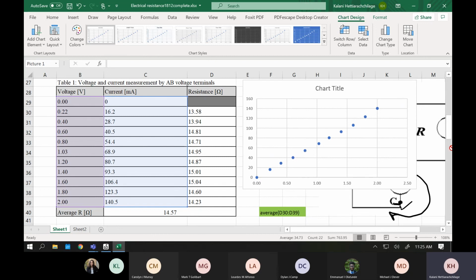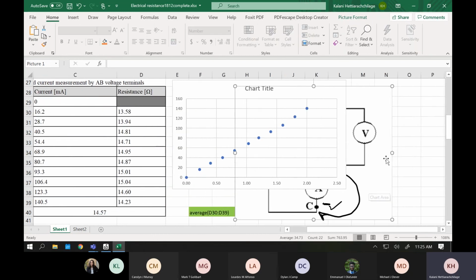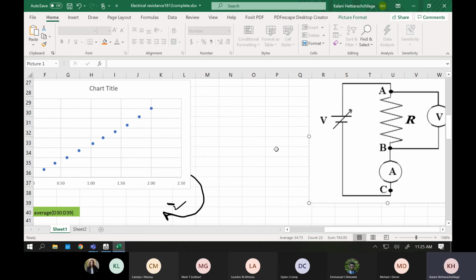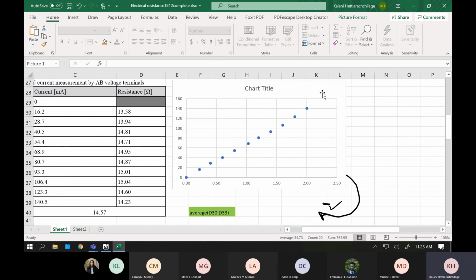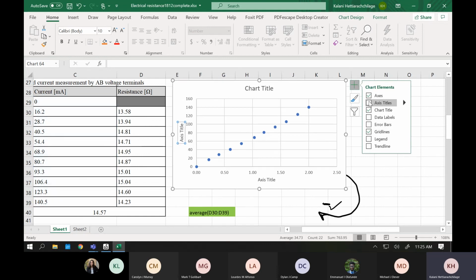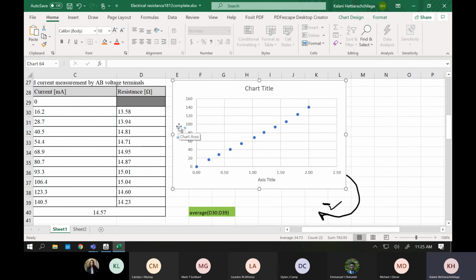You probably know this because we used Excel last semester too. For the students who were in my class, I mostly use Excel. So you click on this and click the plus sign, and then you can label the axes. You need the axis titles for your lab report. So this will be voltage. You're going to type voltage. The units will be volts, and then this is current, and the units will actually be milliamps here. I'm going to write milliamps in here.